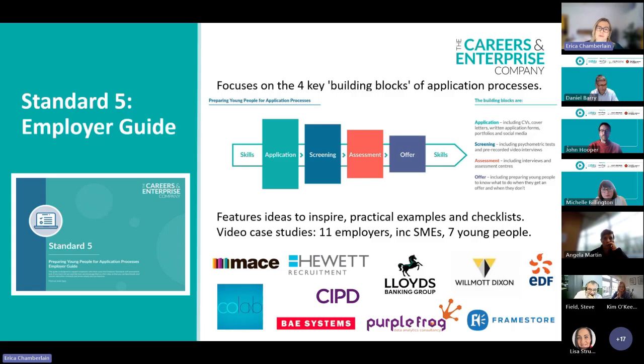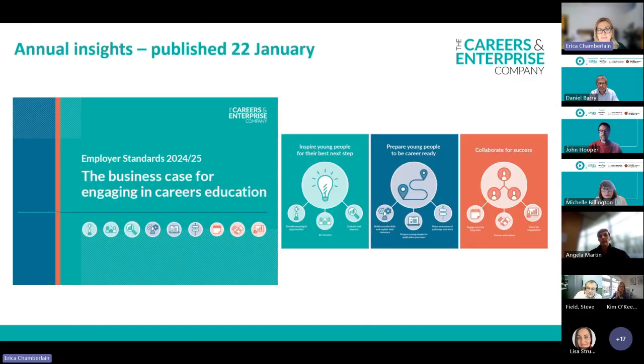And what it really did was, working with that group, they worked with us to think about those four key building blocks of an application process which young people typically face, and how employers can prepare them for each of those stages. For example, many outreach activities are focused on CVs and interviews, but less on those assessment centres, psychometrics and recorded interviews. The guide talks about ways that employers can help with each of those stages. So again, that is available when you get your recommendations.